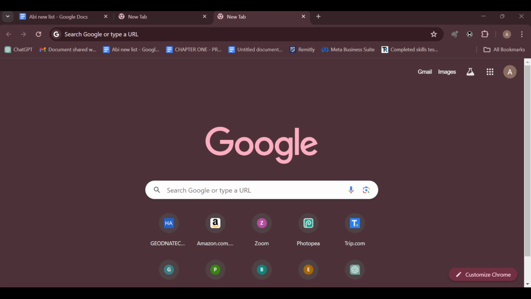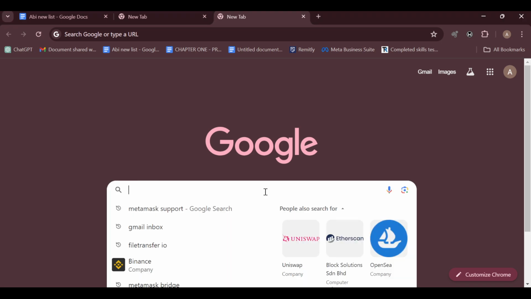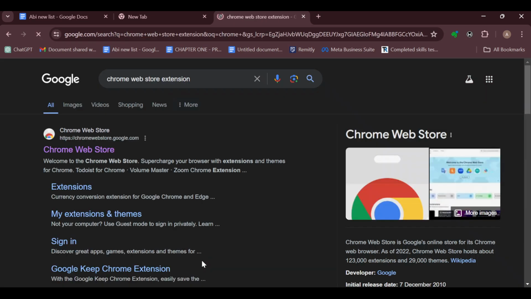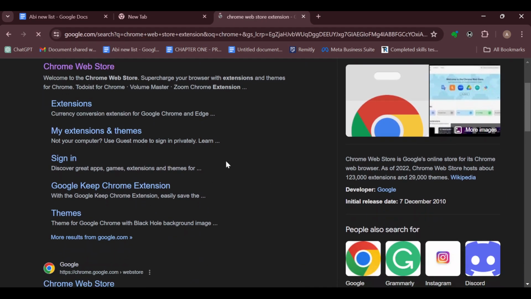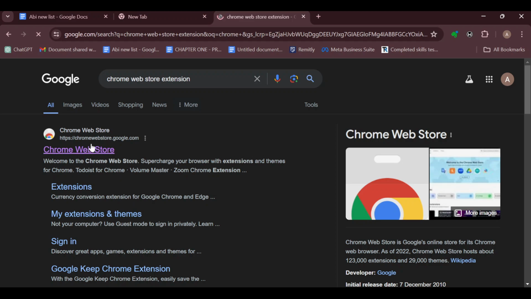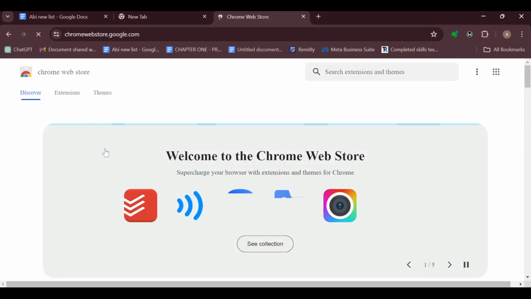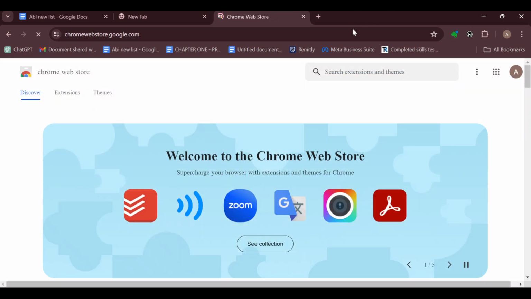After opening your web browser, the next thing to do is to type out Chrome Web Store. Note that this differs according to the kind of web browser you are using. For me, I am making use of Chrome. That is why I typed in Chrome Web Store. If you are making use of Microsoft Edge, for example, or any other kind of web browser, ensure you use the title of that browser to search for the web store. After you've seen it, ensure you select web store, and then once you're on the web store's page,